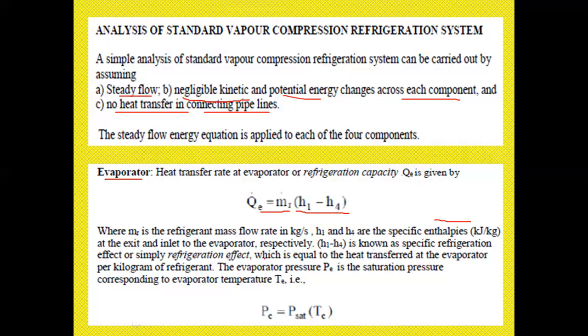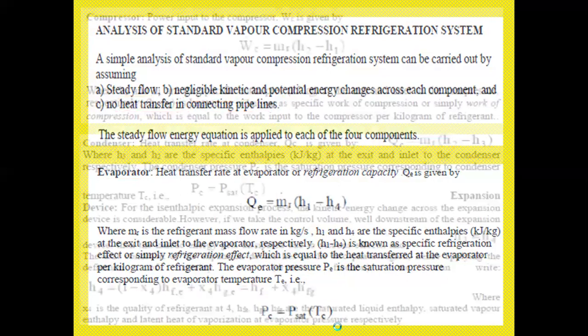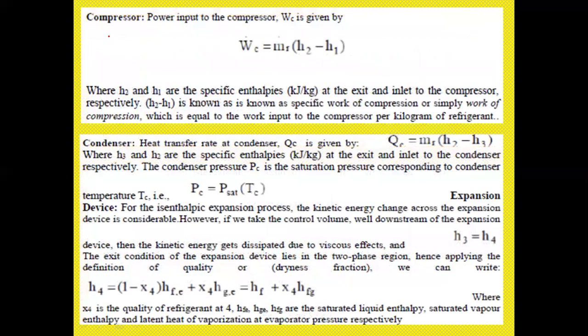Now, this is equal to the heat transfer to the evaporator per kilogram of refrigerant. The evaporator pressure PE is the saturation pressure corresponding to the evaporator temperature. That is, PE is equal to P saturation at the evaporator temperature. Next, coming to the second component, the compressor, the power input to the compressor WC,